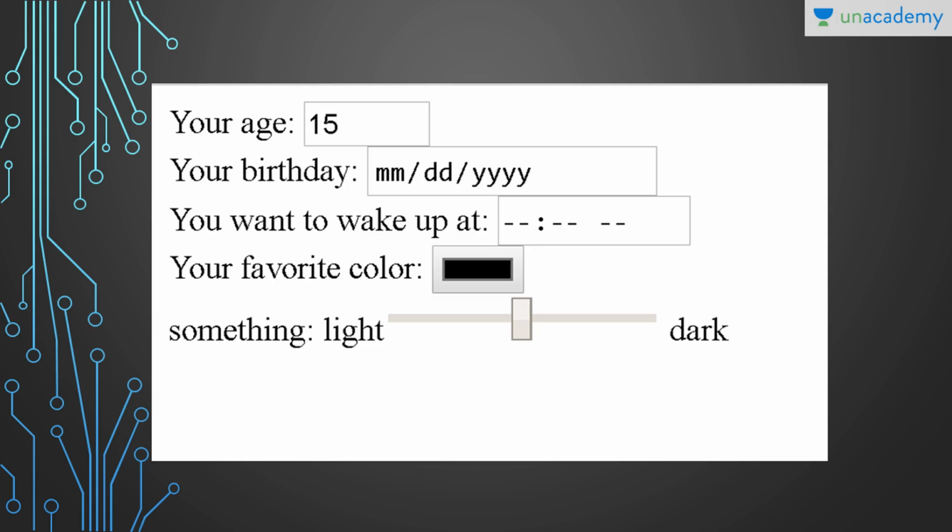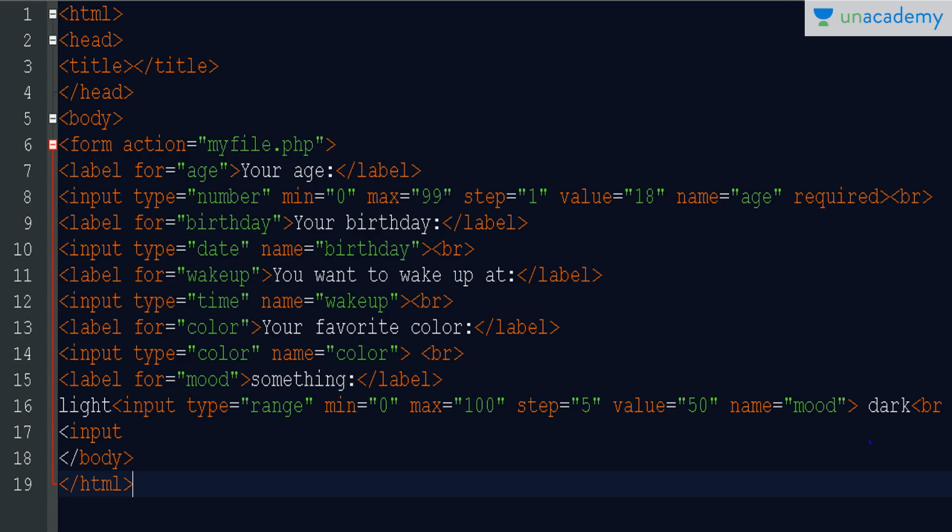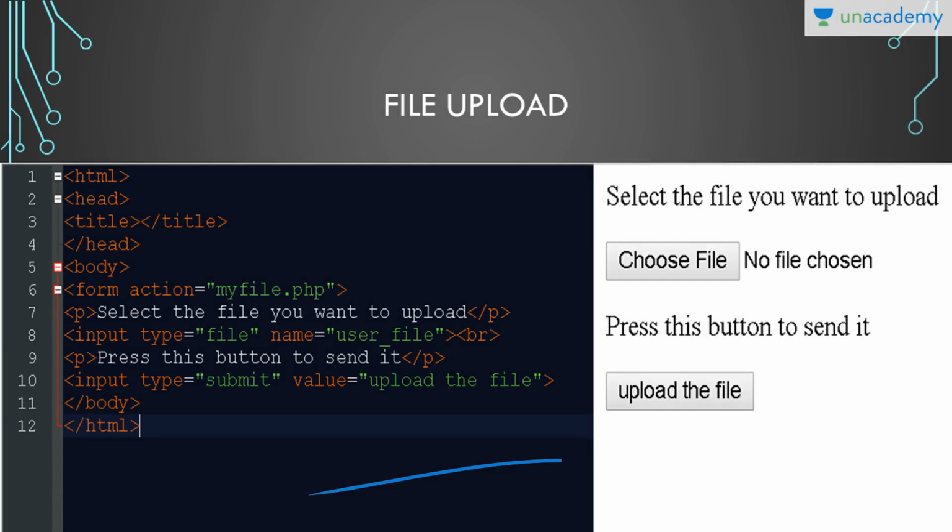In this way you can write this type of complex form. These are the complex inputs, and you can use this type of forms. Also, there's another input that I would like to tell you about, which is file upload. If you want to upload a file, this is the output that you can see here. From here you can select your file and it will browse your computer. You can select any file you want. Whatever file you select, the name will replace 'no file chosen' here, and in this way you can upload the file in our HTML document.